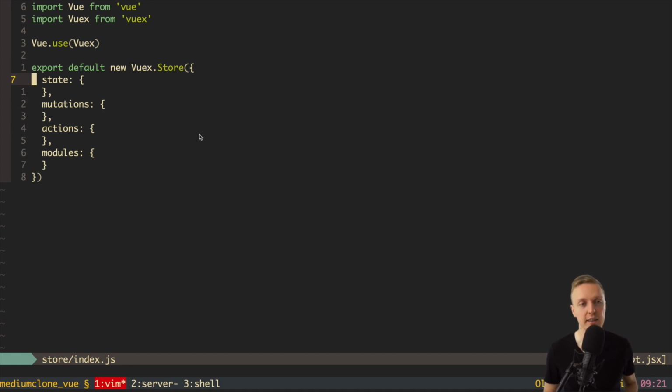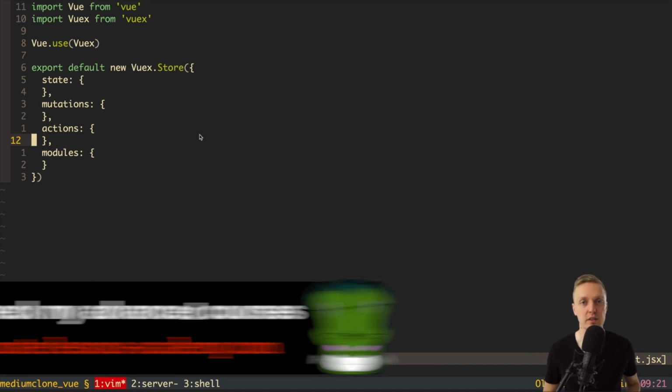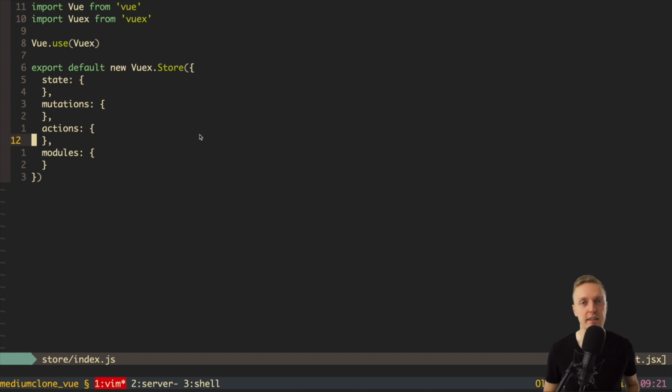And as you can see here, we have such properties as state, mutations, actions, and modules. Actually, this is what I don't like that much in Vue, that they changed how things are named in Redux and named them differently. So here is something if you are coming from the React world, for example, and you worked previously with Redux. In Redux you have only actions, so you are just dispatching actions and you are updating your